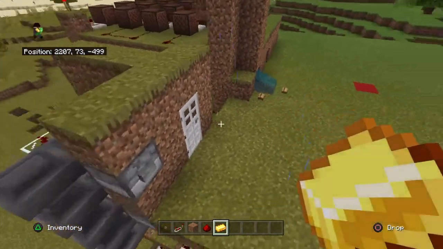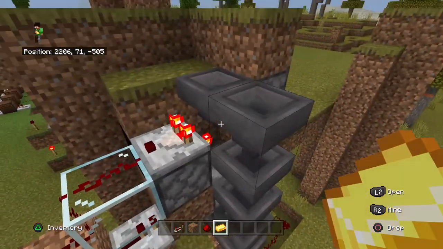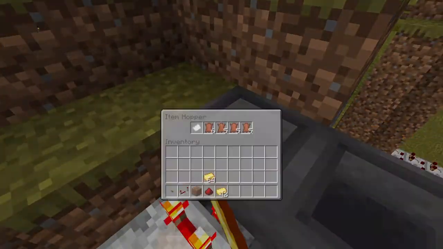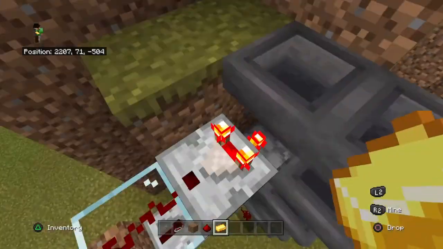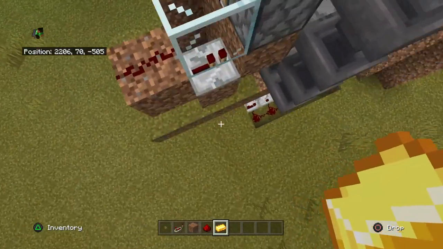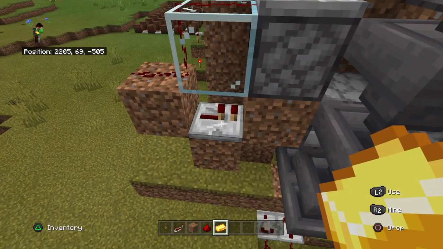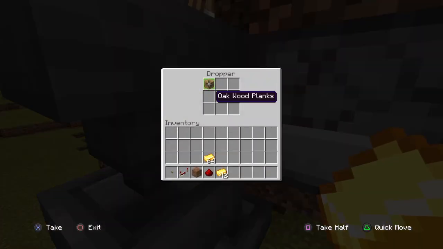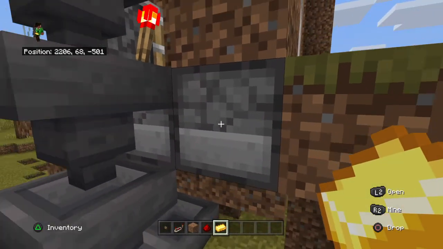And then here, this is just a really simple system. It detects if there is a... So it will give out a signal strength of 2 if one more item enters that. And then that will power this repeater, powering this dropper, which will move the wood planks over to this dropper,